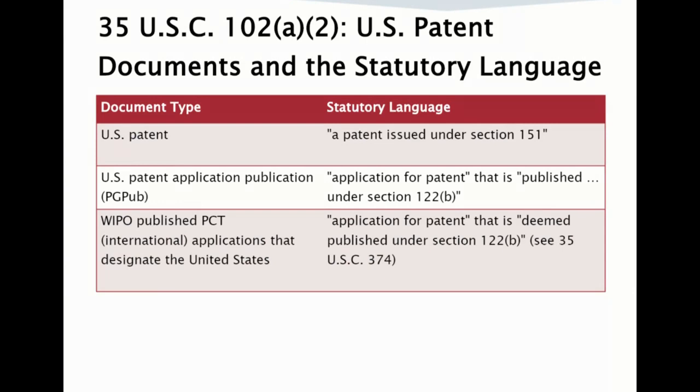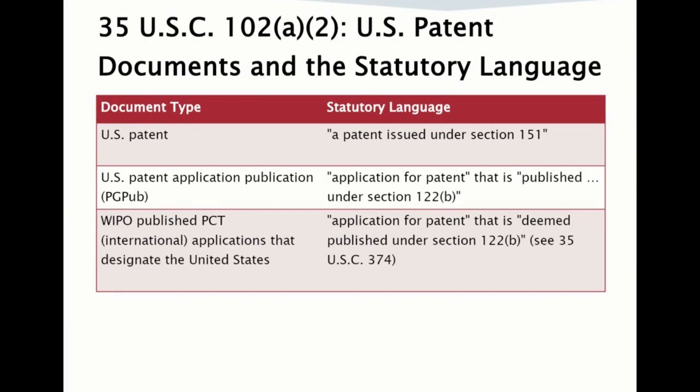When we refer to U.S. patent documents in the 102(a)(2) training materials, we mean one of these three categories. You are familiar with U.S. patents and PG pubs. For WIPO publications, recall that the international filing date of a WIPO publication that designates the